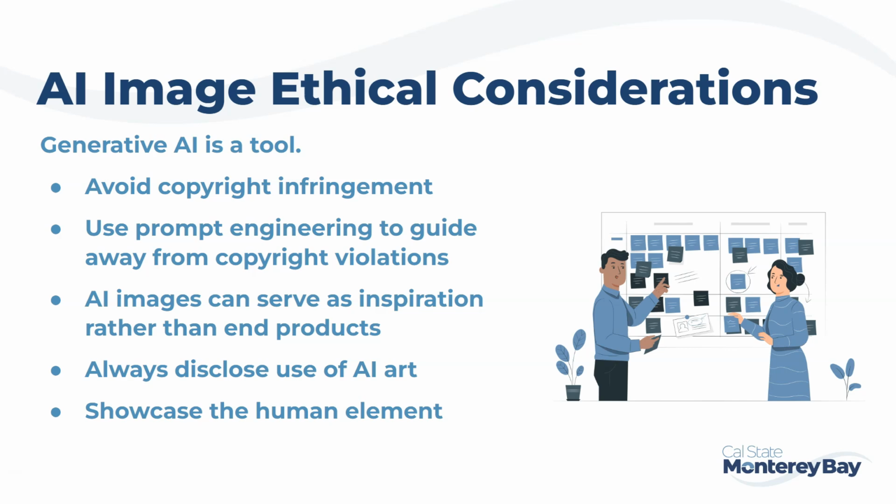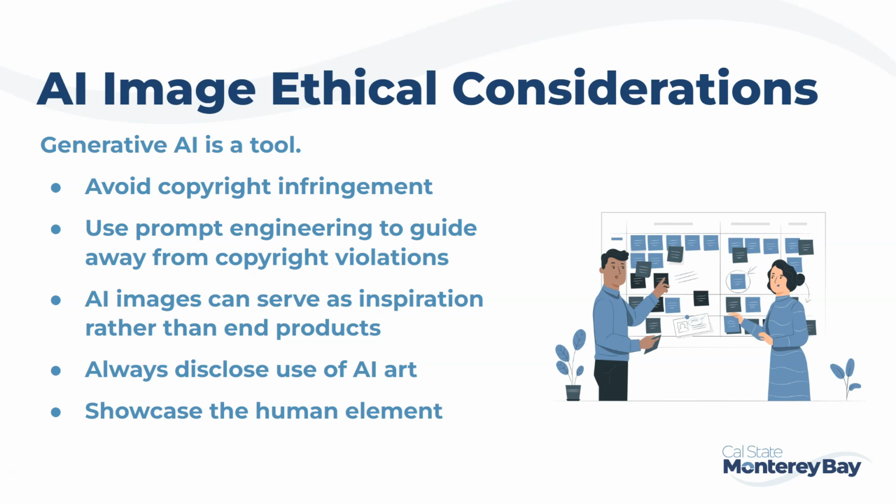So let's talk about some of the ethical considerations that we'll need to make when using this tool. As I mentioned, one of the biggest ethical considerations is copyright infringement. In 2023, the U.S. Copyright Office ruled that creators cannot copyright AI-generated images or writing or video or anything else. That means that if you use AI-generated images, anyone else can reuse them. However, if you edit those images or add your own content, your human-generated content and edits are your own.